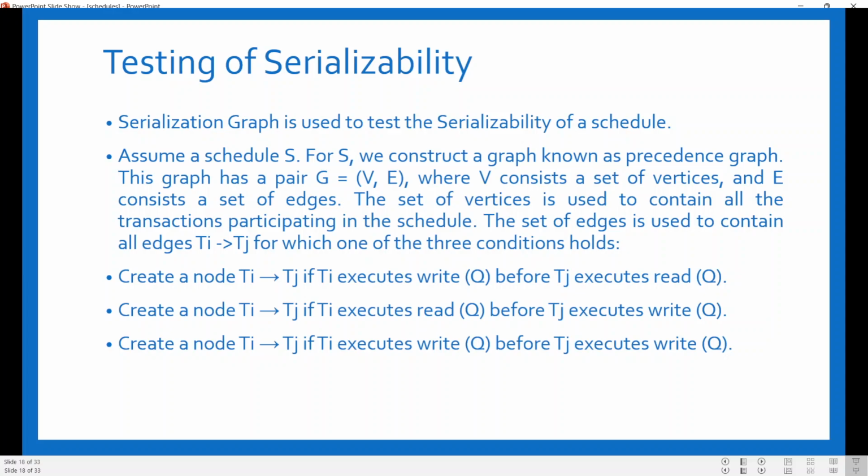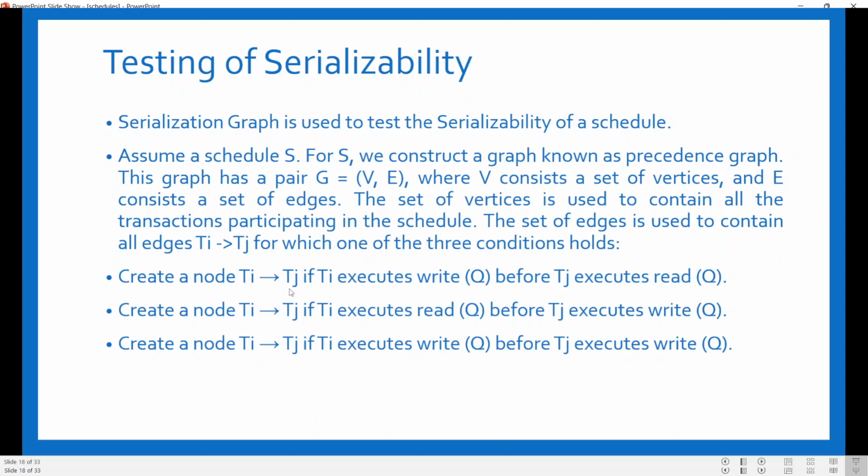First we make the vertices corresponding to the transactions. Then we form the edges, but edges are formed only if these conditions hold. We create a node Ti and join it with another node Tj